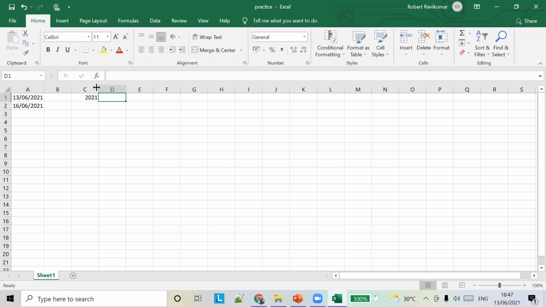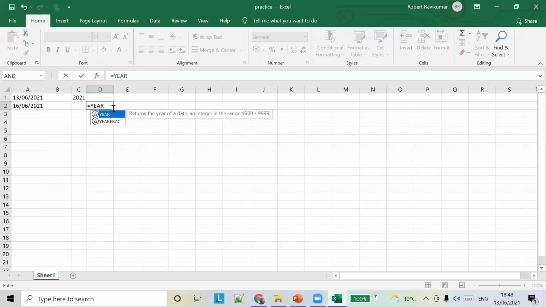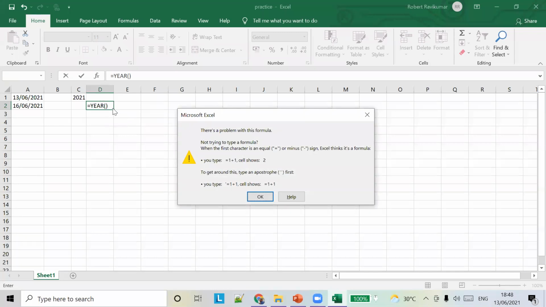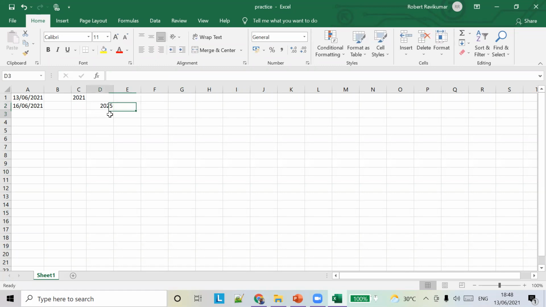Once you pass A1, you will get 2021, which is the current year. This is how you find the year. Similarly, you can pass a date here itself, like 2025, and you get 2025.